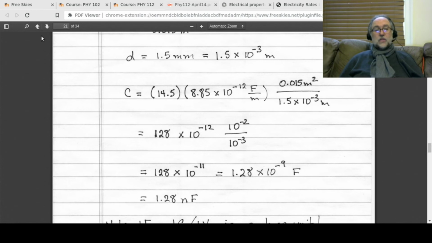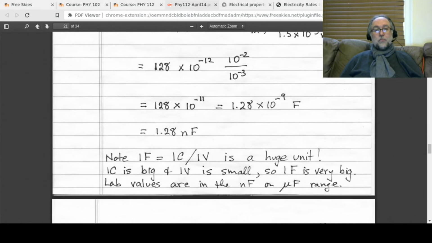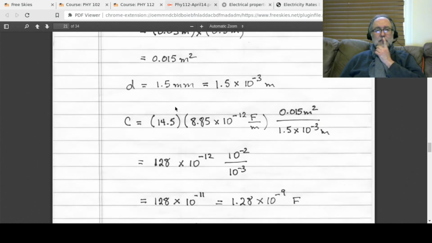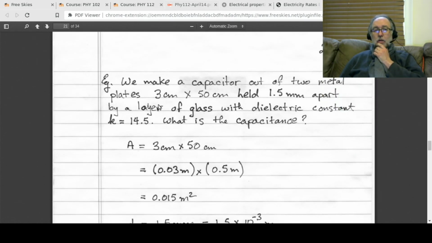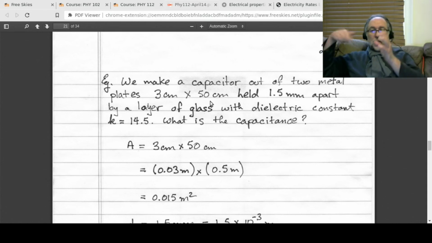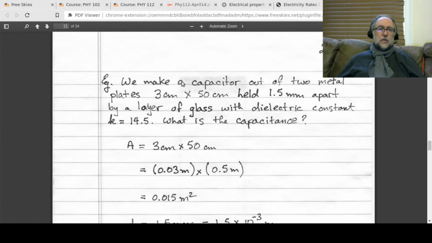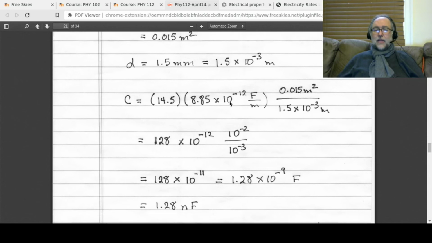The rest of this is just some simple arithmetic, so I'm not going to go through the details, but you get 1.28 times 10 to the minus 9 farads. And 10 to the minus 9, that's a billionth, that's a nano, so 1.28 nanofarads. And you go, geez, this isn't exactly small. This is 3 centimeters by 50 centimeters, so it's like half a meter, and you can imagine rolling it up. This would be a fairly good size capacitor, and you're only getting